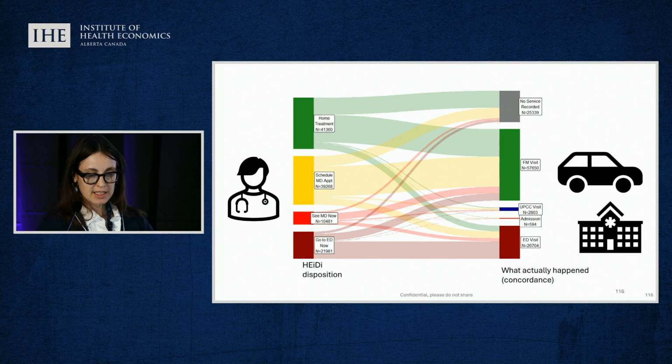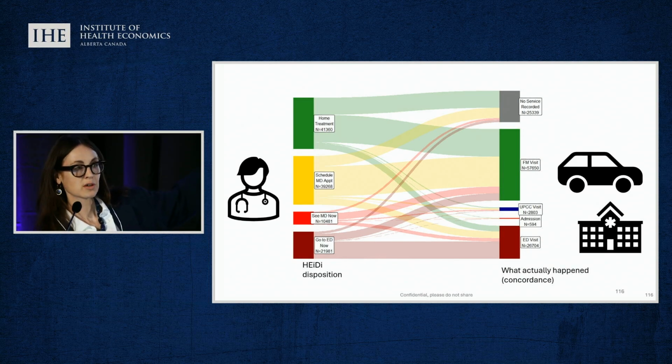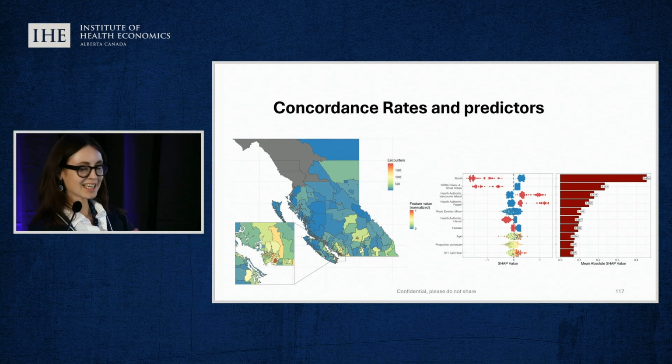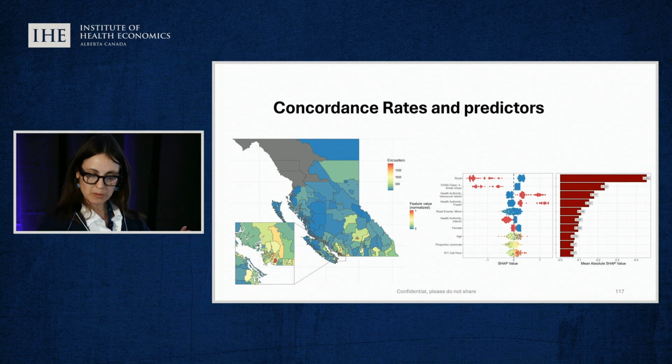Cultural safety is one of them. The distribution of outcomes, after a Heidi physician, here's our Sankey diagram again, after a Heidi physician tells some patients to go to ED, we can look at the data and see if they actually did, and most do. But in the bottom red line, there's a curve reaching up to no services recorded. Some people don't go to the ED even though a physician told them they need to, and that's where we're very concerned about the distribution of outcomes. Because if we use machine learning, I'll keep it quick, we can identify the over 300 reasons why people don't attend, but rurality is the top one. And then in there are Road BC events that comes out as a concordance predictor. And you see a heat map here with cool colors corresponding to less concordance or more discordance with the physician's recommendation, and then the warmer colors around the urban areas